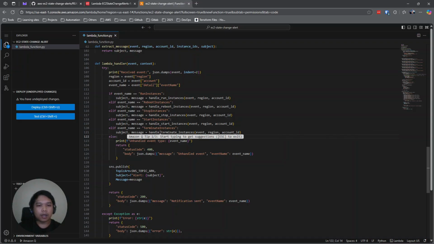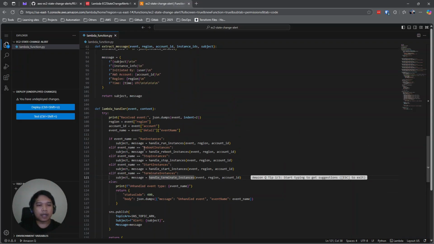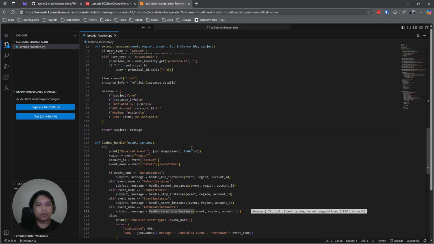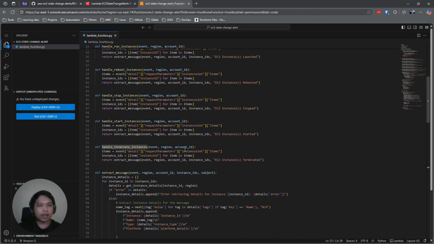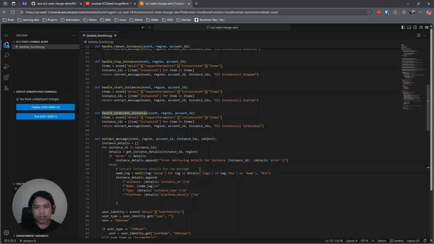In short, there are different functions here to handle each specific event, and with that it will extract the necessary details from that event created by the EC2 instance.